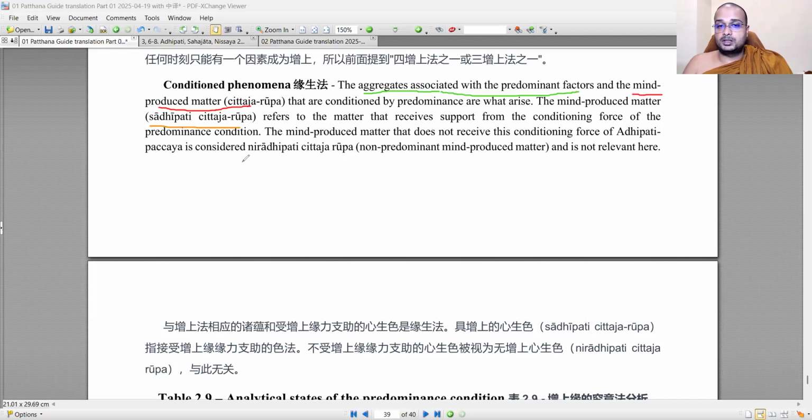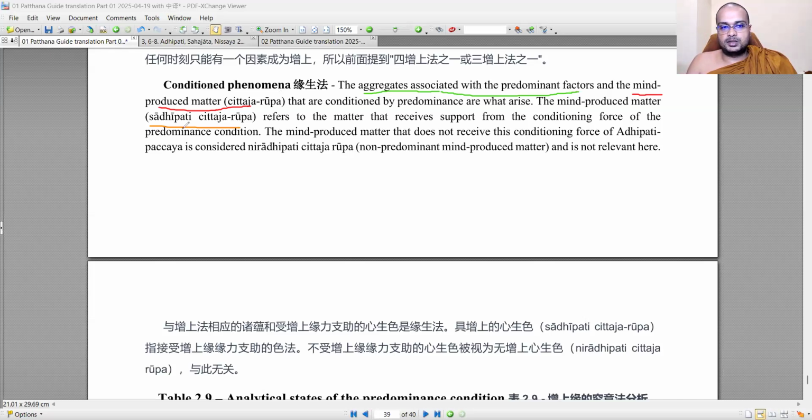And also, this predominance condition is not applicable at the rebirth linking consciousness, which means that the karma produced matter at the rebirth linking, the patisandhi karma jarupa, is not there as well. So in general,